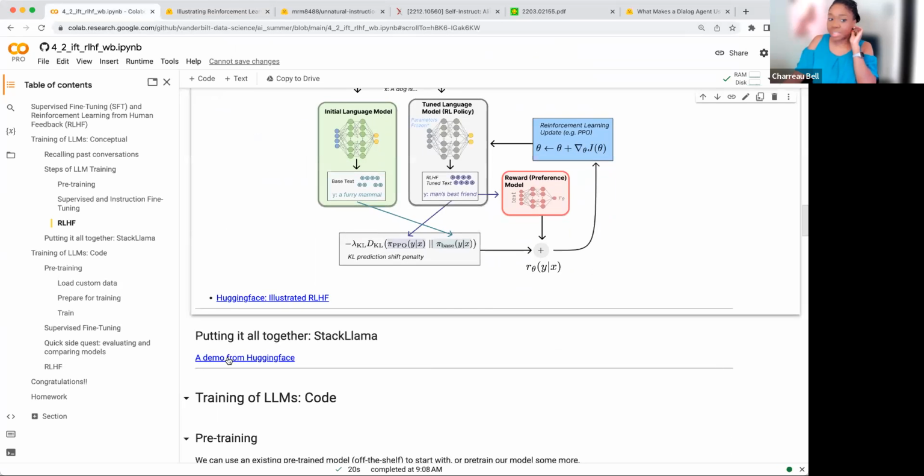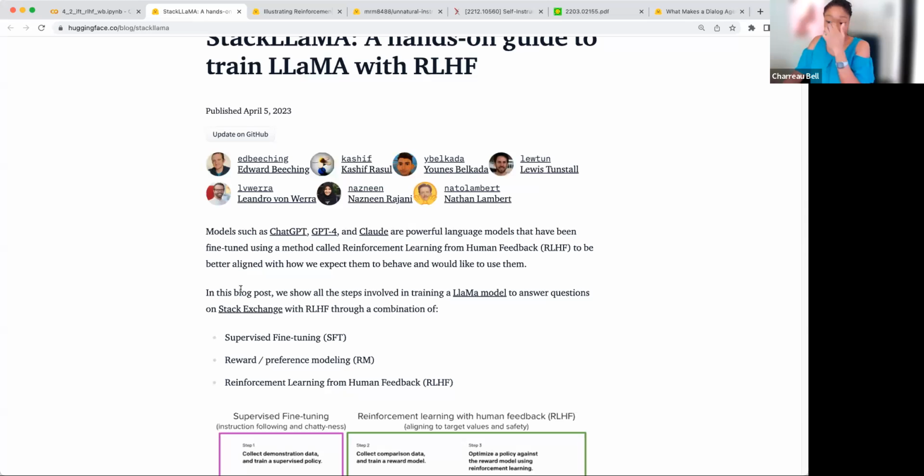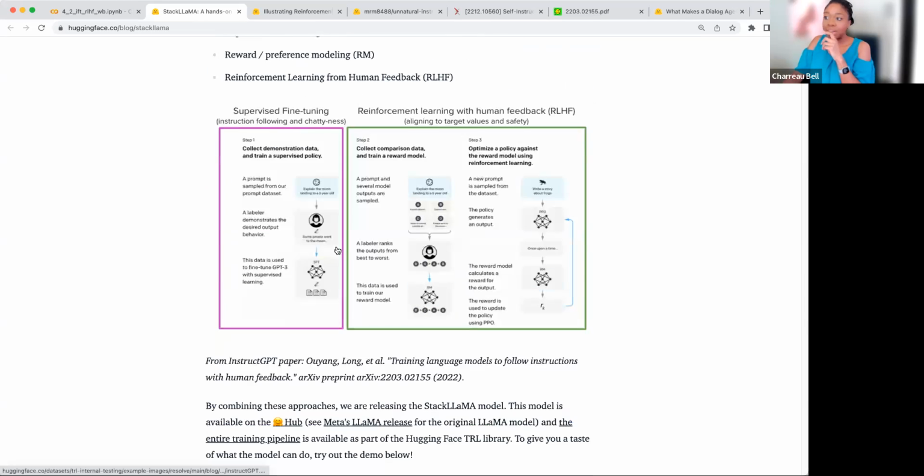And here is a full example from Hugging Face, again from the blog. You can see it top to bottom. It is a little bit awkward to just keep on scrolling, but we'll get to the coding in just a moment here. This is StackLlama. Okay, so what is that trying to mean? This is actually going to be a full reinforcement learning walkthrough for coding. So it's going to use Llama, but the point is to use this with some actual coding. And so here you can see what this looks like.